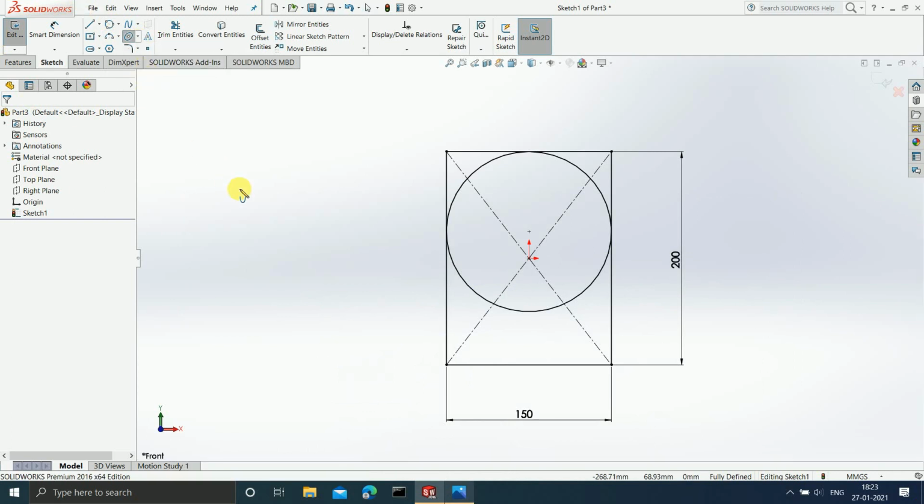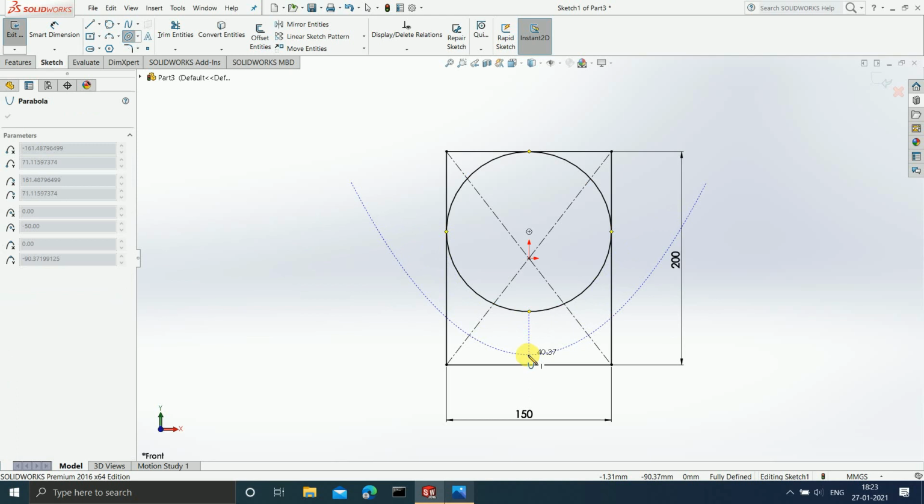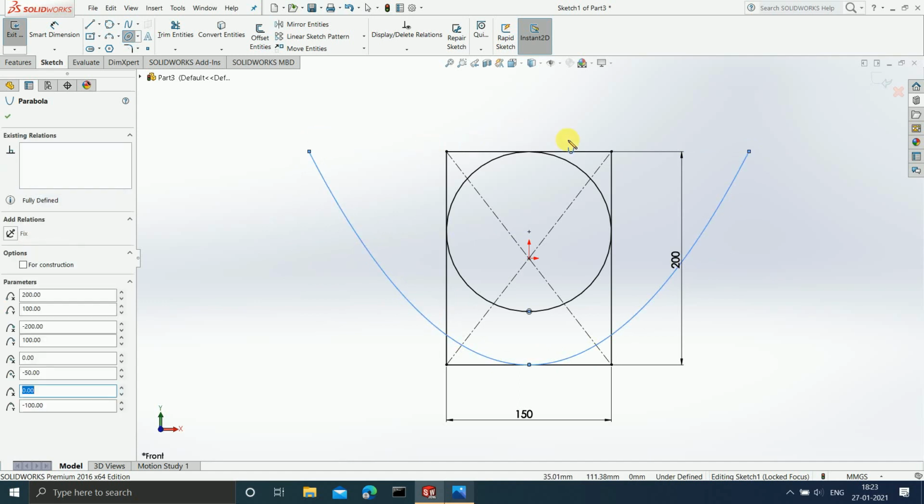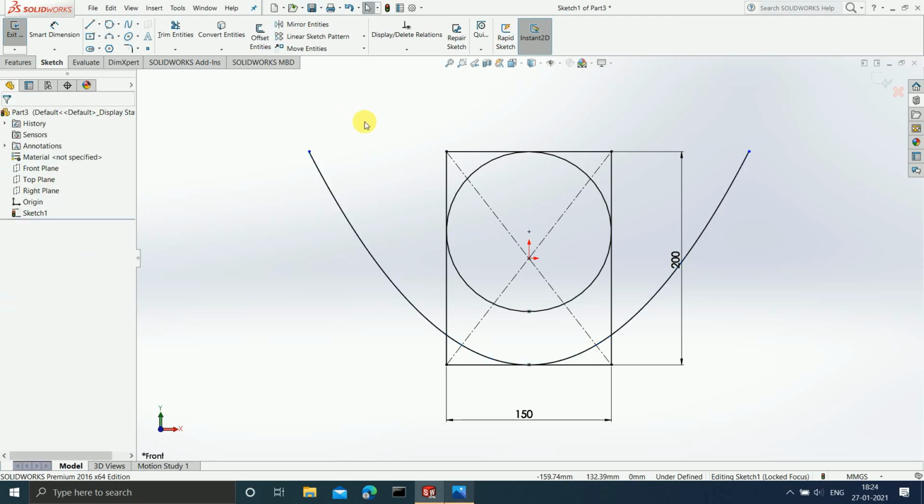Now as I mentioned earlier, the starting point, or you can say the center of the parabola, is touching the circle. Then the parabola is extended up to the side of the rectangle and now you can simply sketch a parabola. Okay, done. So your parabola is now ready. Now since you have finished drawing the parabola, let us now click on escape. Done, your parabola is ready now.